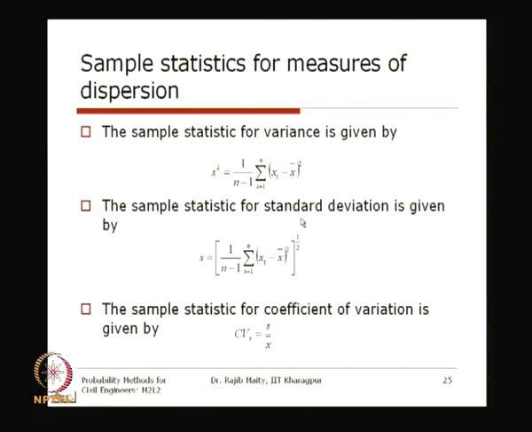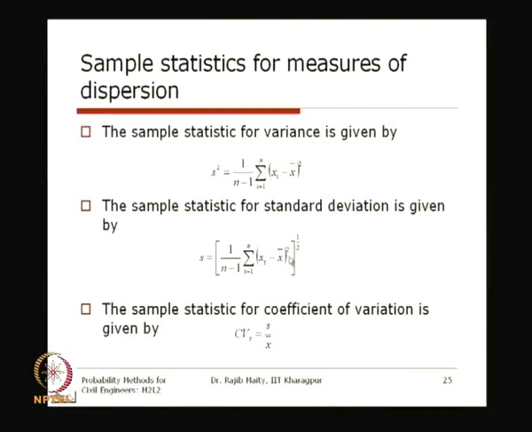The sample statistic for the standard deviation, as we said, is the positive square root of this variance. So this full quantity to the power half, that is the square root of this one, gives the standard deviation. For the standard deviation we go for this first root, but for the higher moments, when you go for measures like skewness, we generally do not take the third root. For the first one, that is the measure of variance, we take the root